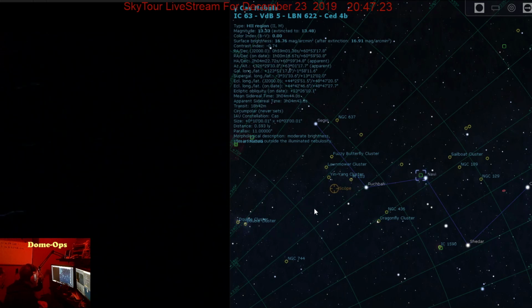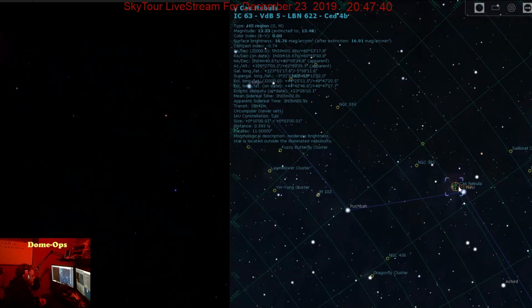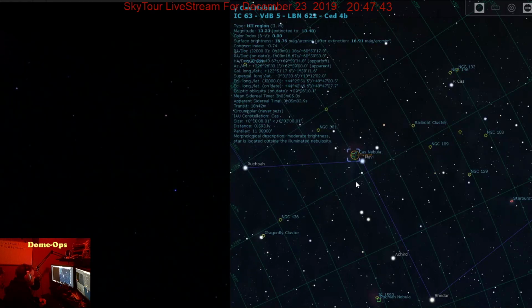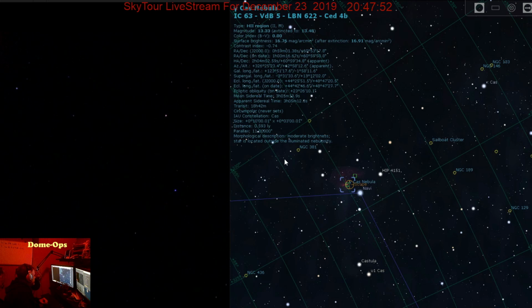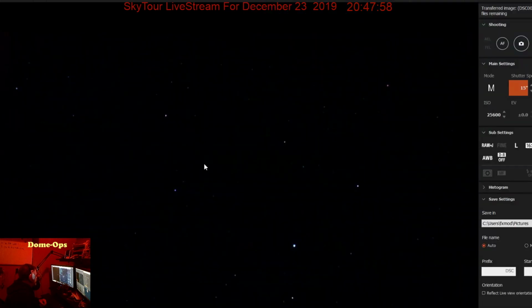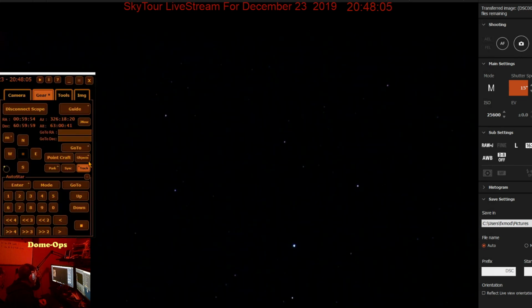So now the telescope is moving, and you'll see star streaks go by, and then we're going to home in on Navi. And when we get to Navi, the reason that we're doing this is because I want to show you this amazing nebula that is hiding right next to Navi. It's called the Gamma Cass Nebula, and it is a fascinating location. It's actually interesting because it is an emission nebula region, and if I recall, I think this is Navi right here,